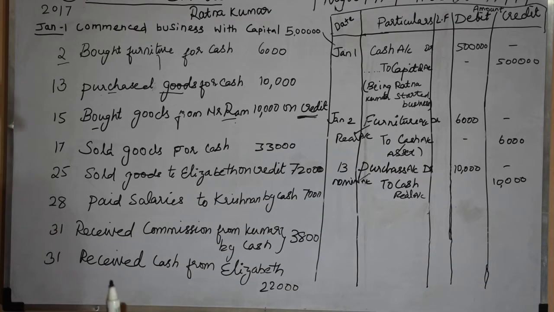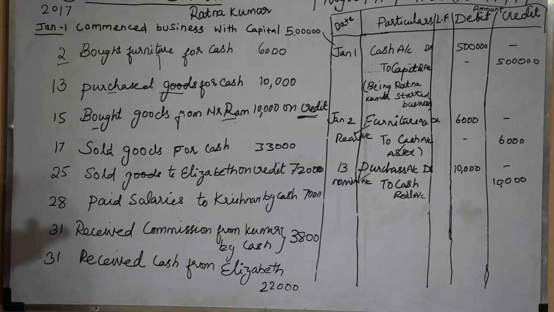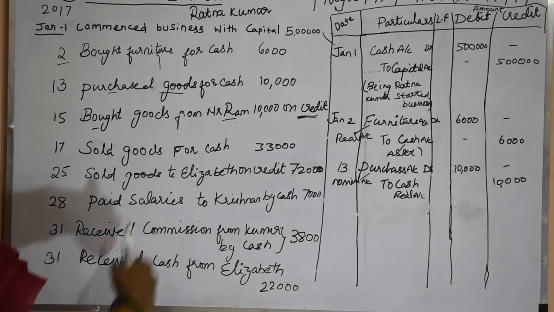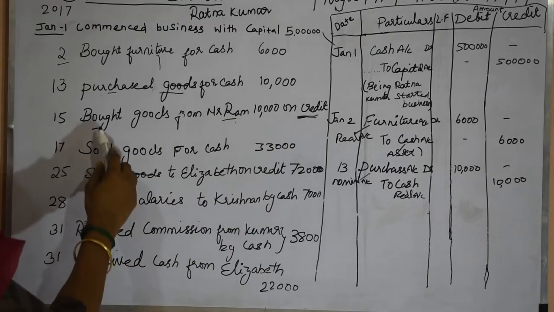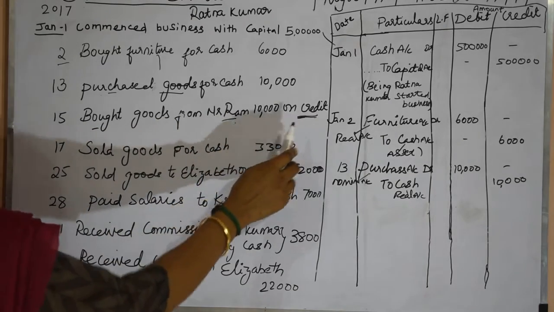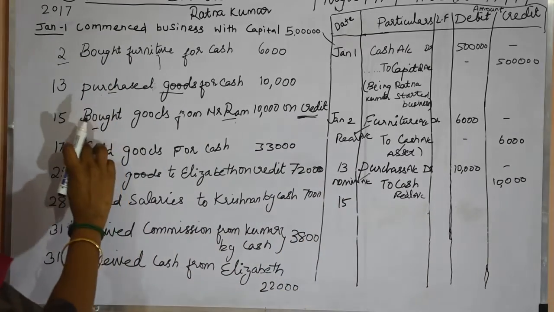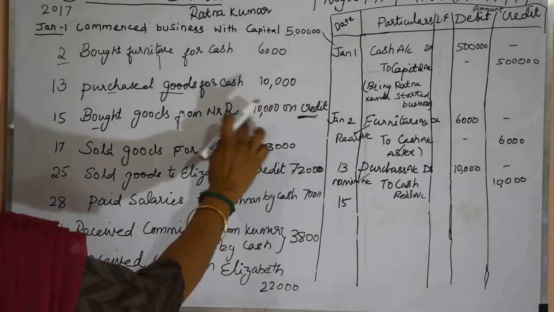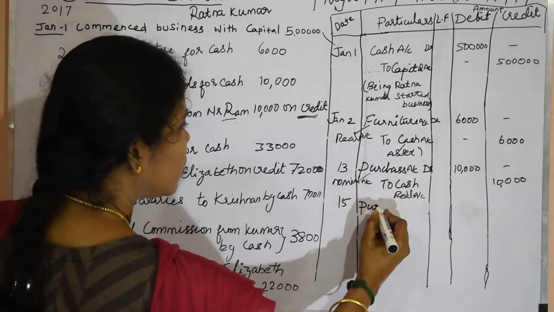We are getting the goods from Mr. Ram. Getting goods on credit means we have to repay the amount within some month. For that purpose it has given us credit. Credit means we are not paying in cash. So bought goods from Mr. Ram 10,000 on credit. Here the entry on 15th Jan is we are purchasing goods from Mr. Ram 10,000 on credit. So the entry will be purchase account